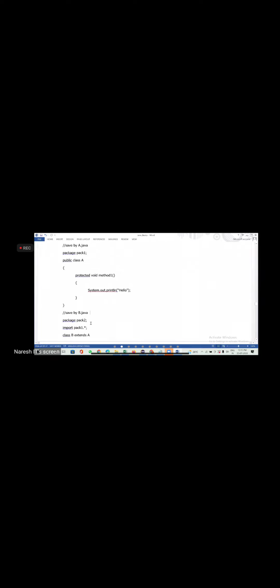Now, same example, I'm creating class B. This is also in package 2, but that time it was a default method. Now I am changing this method to protected. Same B class, different package. Now what am I using?